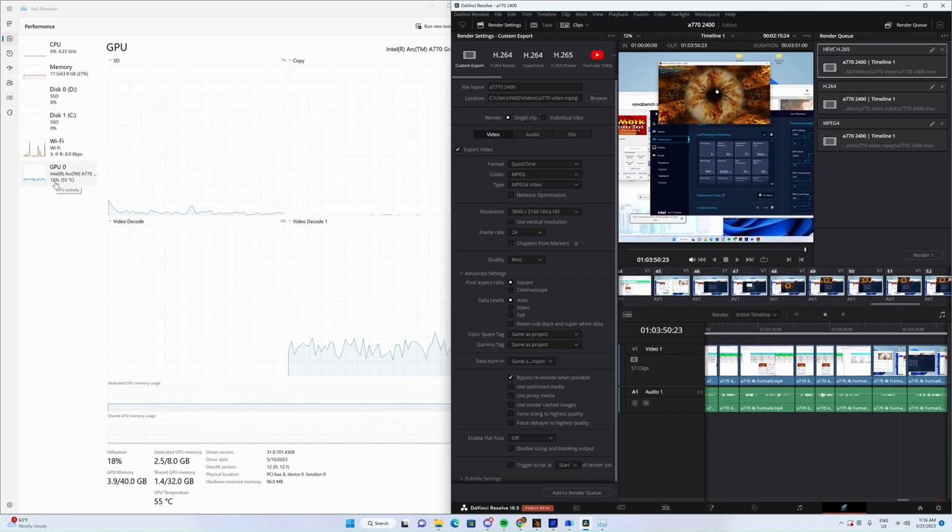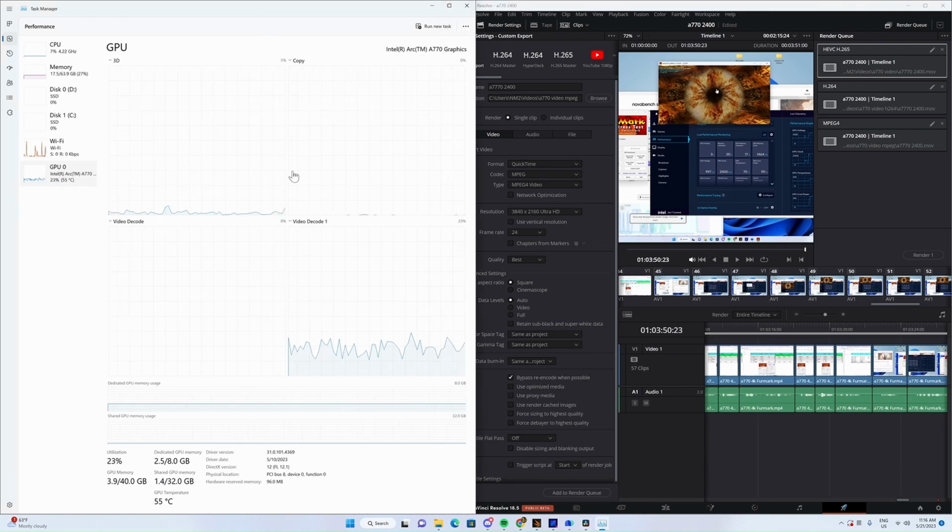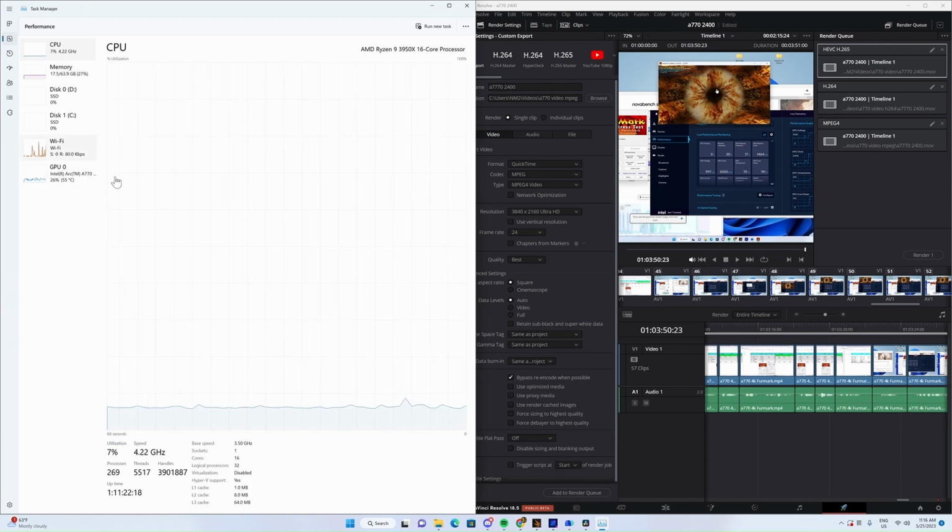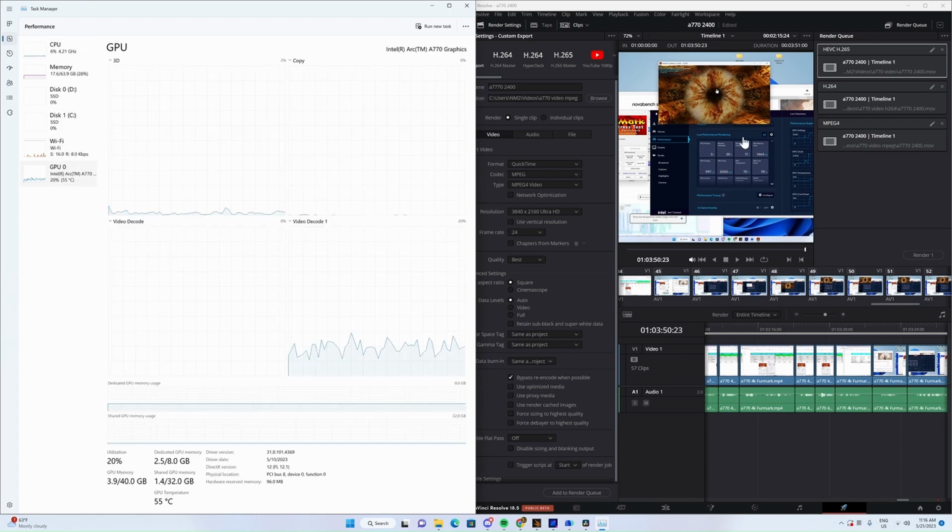You've got about between 18 and 20% of the GPU being used, and it's mostly in the video decode segment of what the GPU can do. CPU, it's running about 6%, and this CPU right here is a 16 core, 32 thread Ryzen 3950X. Okay, so I'll turn on the render, first with